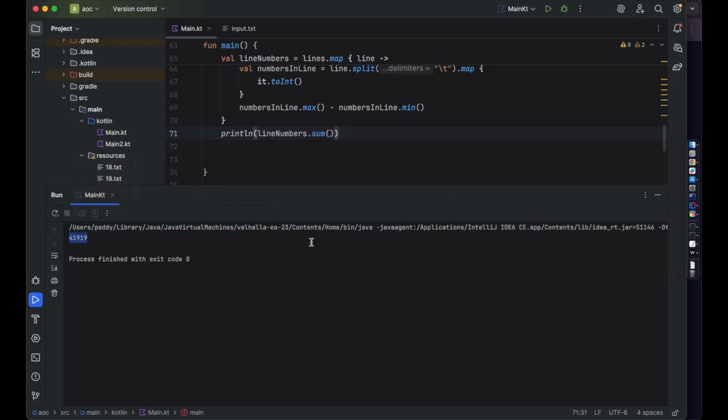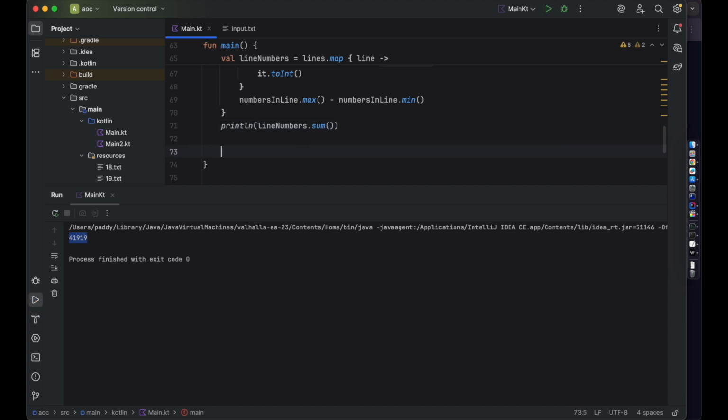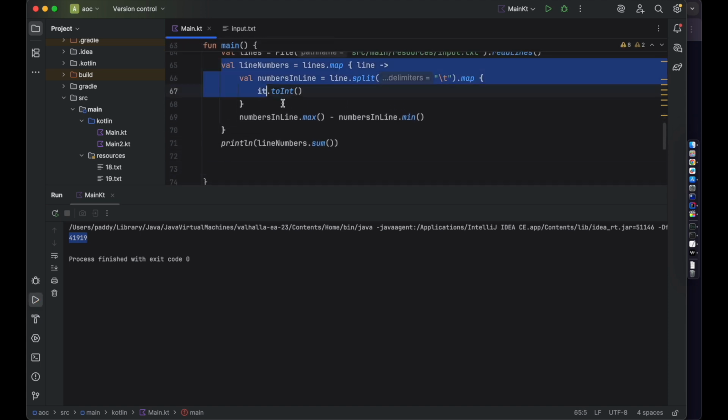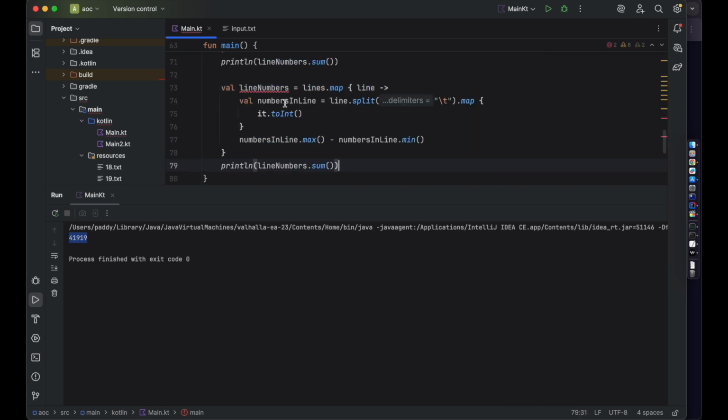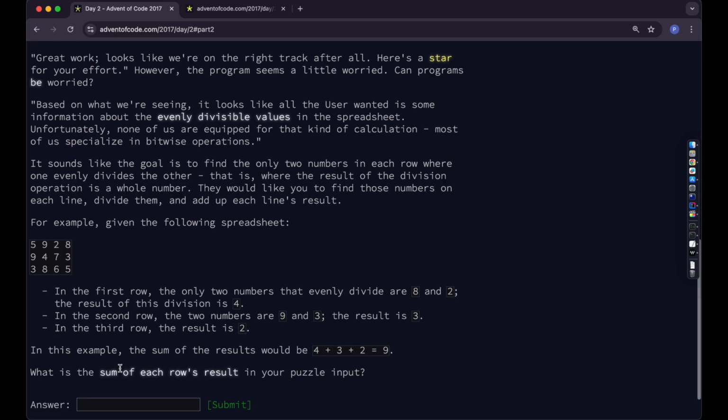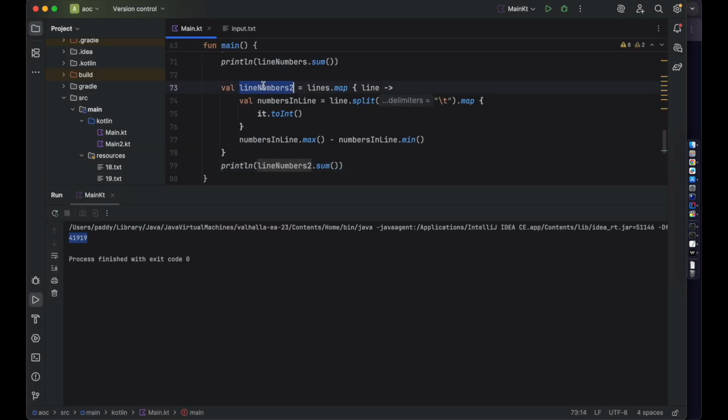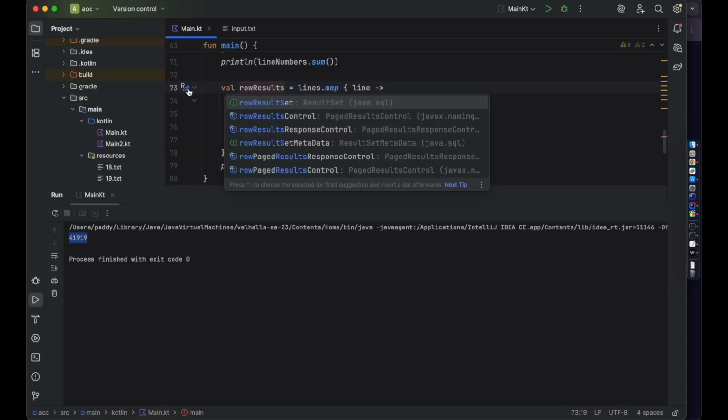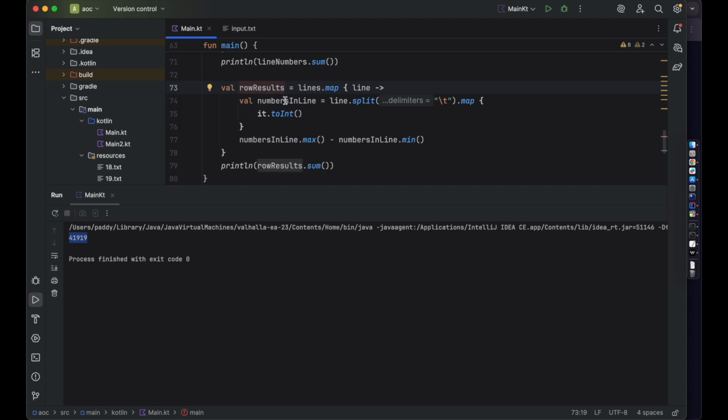So we can go through the list of numbers again. Do something similar. They call it row results, maybe. Okay, so we can get the numbers in each line. Then we want to figure out who divides the other. So I can just naively go